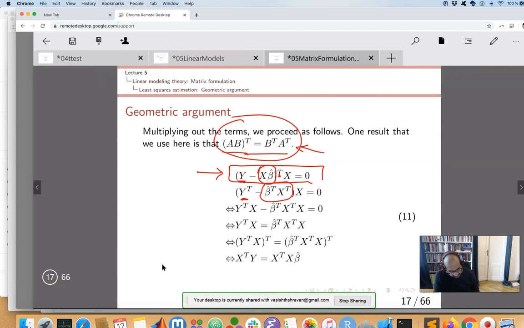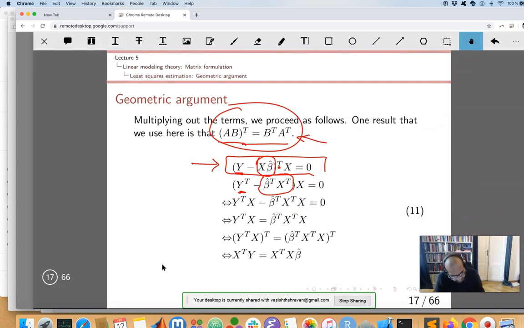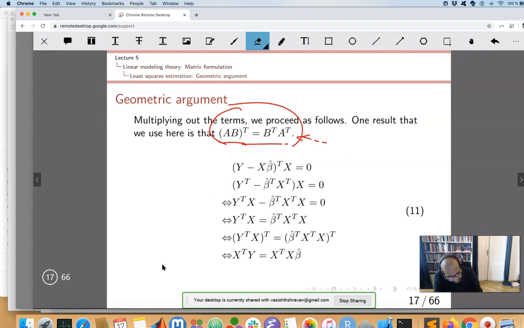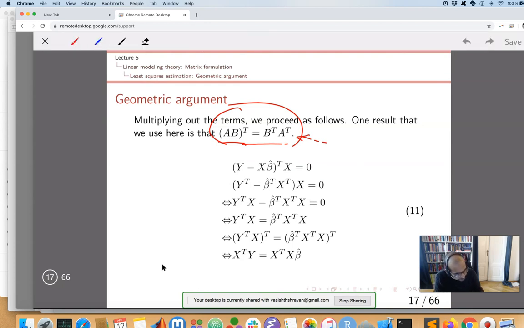Alright, so now I have rewritten the first line as the second line, having unpacked the transposes that were in brackets. And now what I'm going to do is multiply each of these. Hang on, let me just erase some of this stuff to make it neater. Okay, right, so what I'm going to do now is multiply this term with each of these